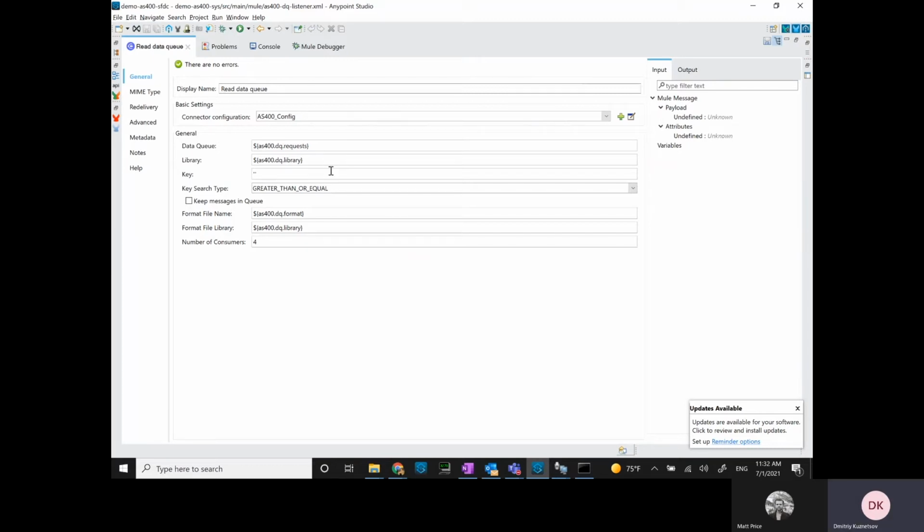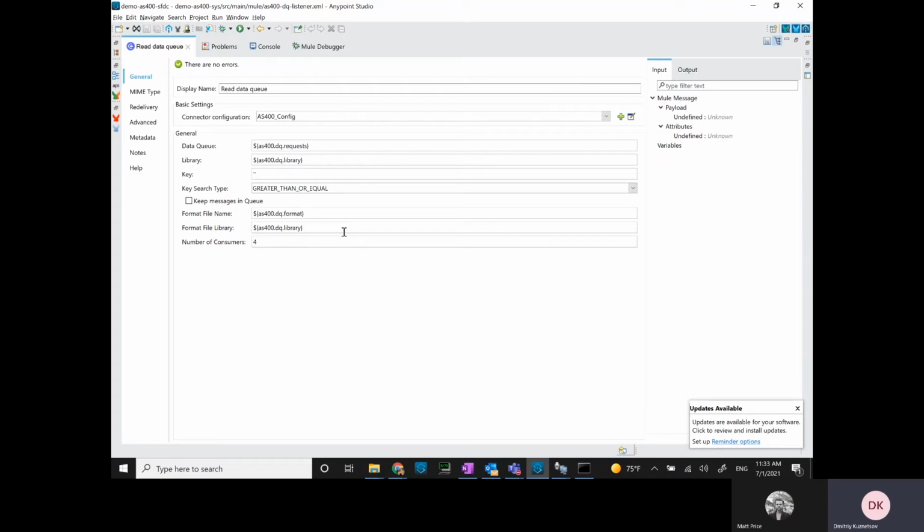For keyed data queues, we can specify the key. Here we just say, give me everything in arrival order, even though it's a keyed data queue. In addition, we can specify a format file and library, which will be used to parse the record format data structure